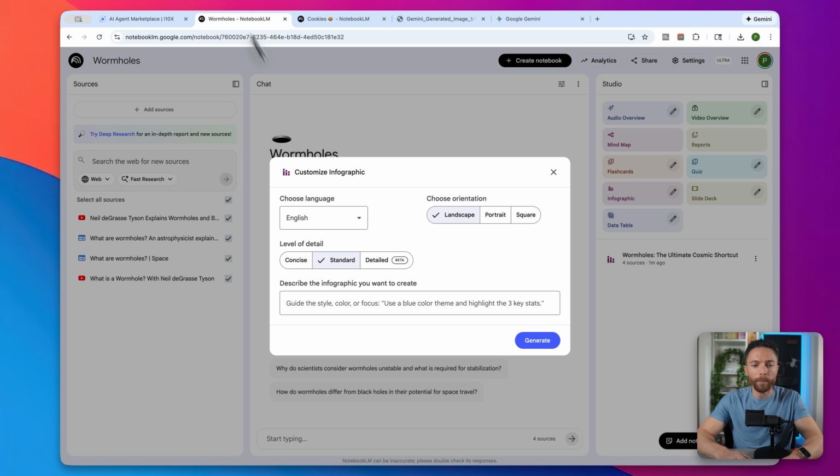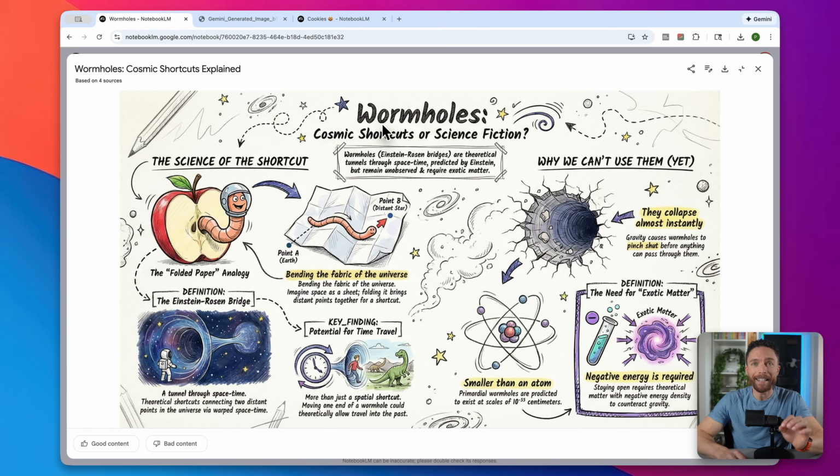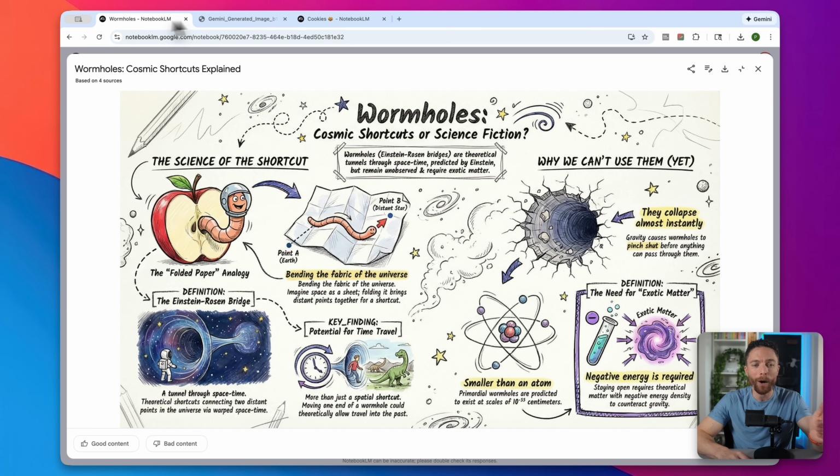So coming back to NotebookLM, I'm going to say, make an infographic in the sketchnoting style. And here we can see it did exactly that. Check out this style versus the original. You can see how similar they are. So really awesome way to copy any style to be able to use that with your own infographics inside your